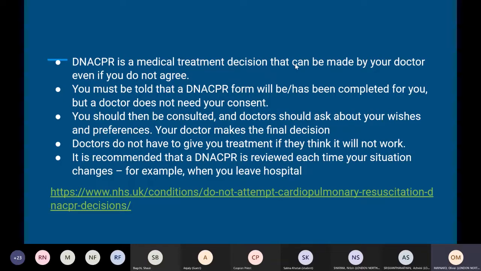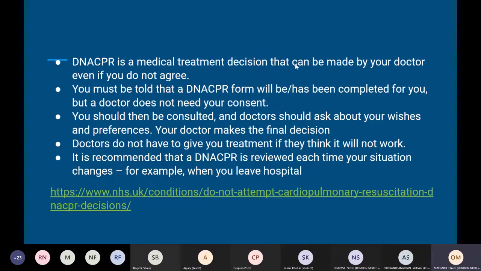However, if you do put a DNA CPR in place, like we said, it should be tried to be communicated with the patient, and it should be documented, obviously, by the most senior doctor in charge of the patient's care that's at work at that time. And they can be temporary, so the DNA CPR decisions can be revoked if the patient's situation changes or their decision changes. And often the ones they have in hospitals are temporary, and if they go home, they won't continue with them into the community.